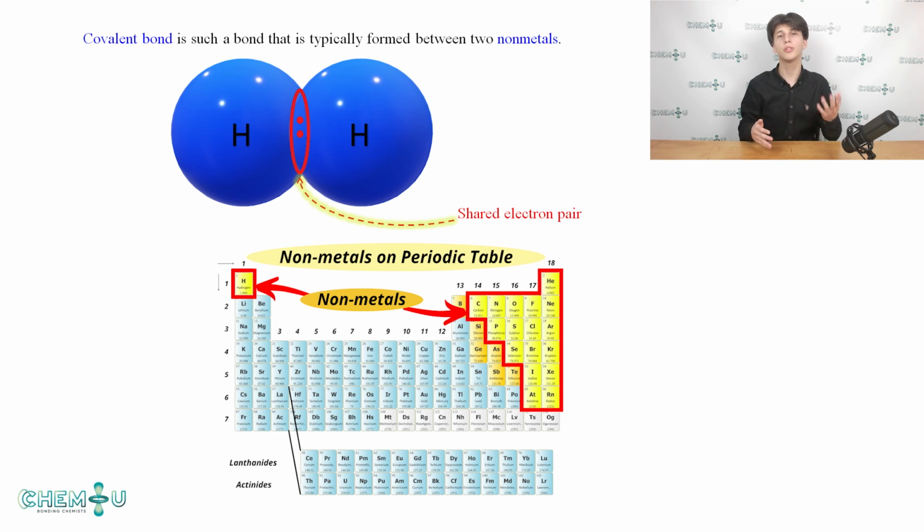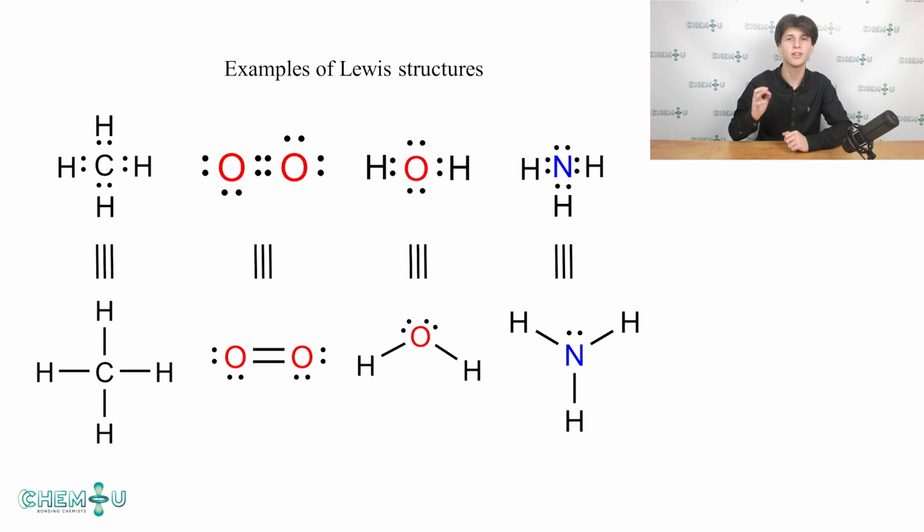Of course, in order to speak about anything, we need a certain way of graphical representation of it. The same is true for covalent bonds. We need some way to represent these bonds on paper or slide. That's why chemists have developed multiple ways of depicting covalent bonds, and one of the most popular representations is called the Lewis structure. Several examples of Lewis structures can be seen on the screen now.